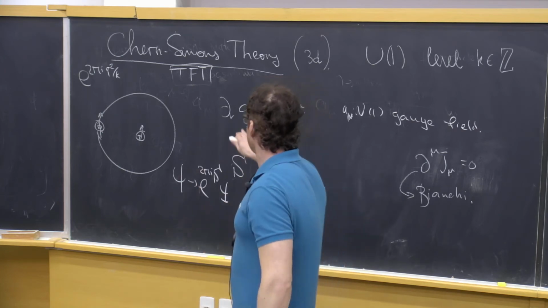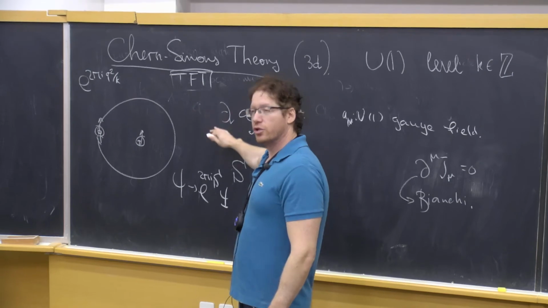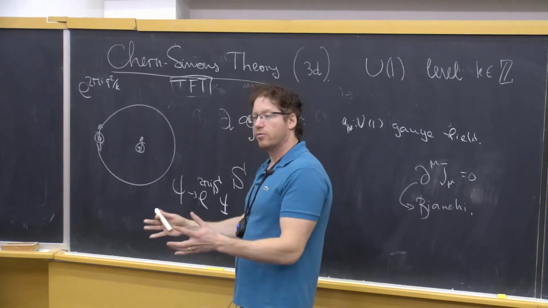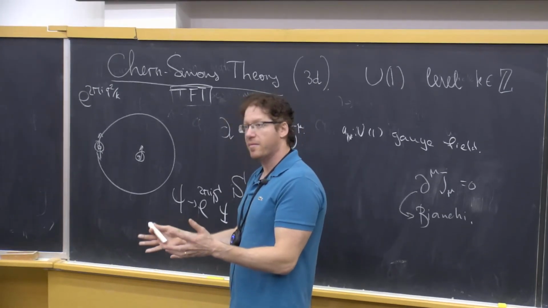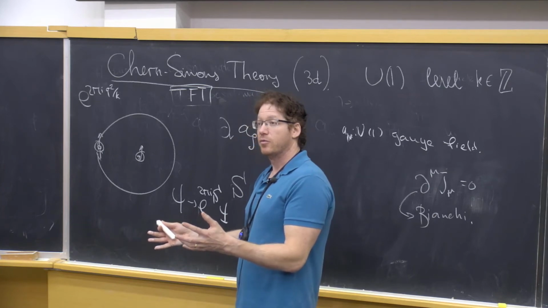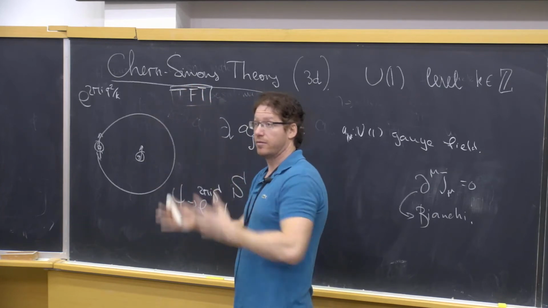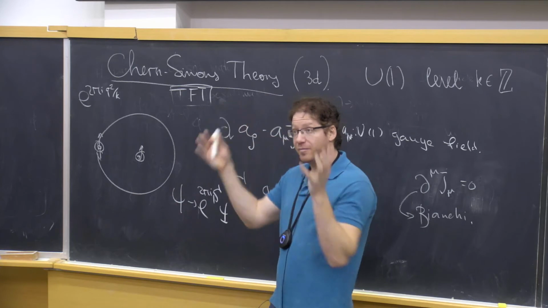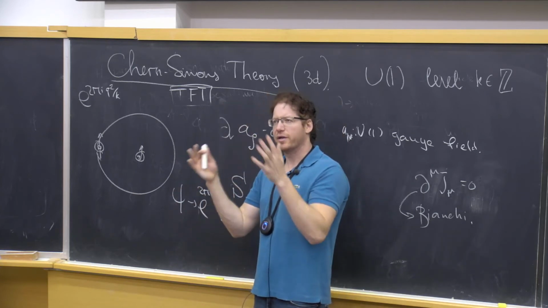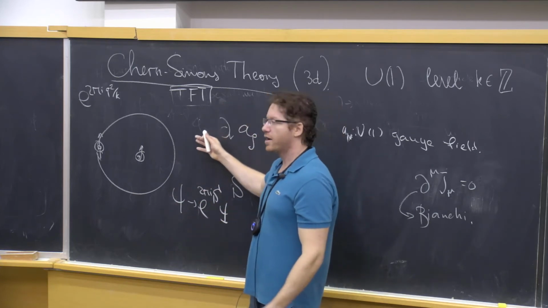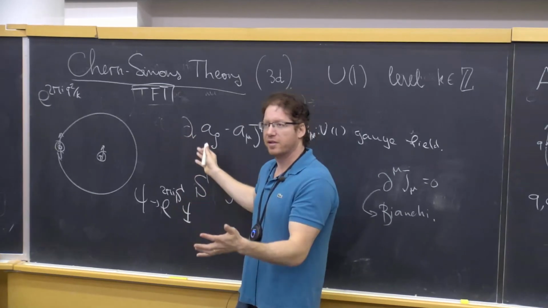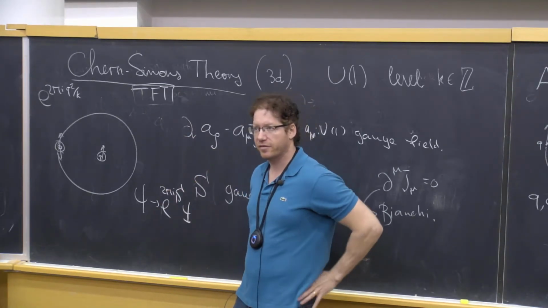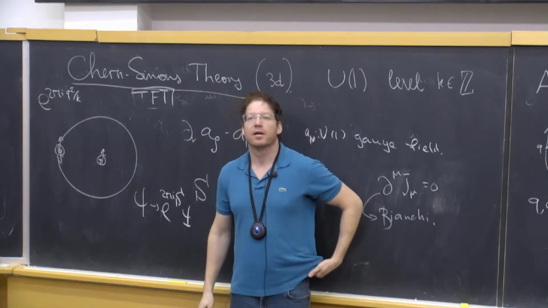We'll discuss what happens when you add a kinetic term in addition to the Chern-Simons term. And then you can try to see that there will be a massive degree of freedom, which is propagating, but it will be massive. So that will hopefully make everything more and more coherent. And it would explain why, when we drop the kinetic term, there is nothing left except for these topological phases. Any other question?